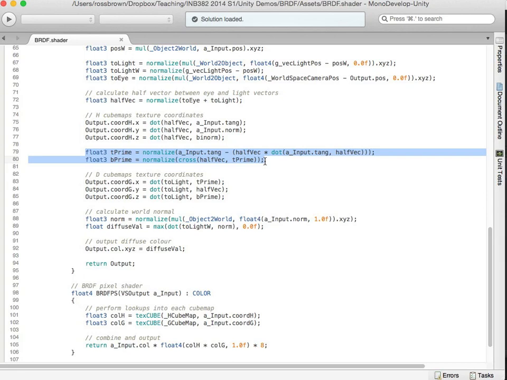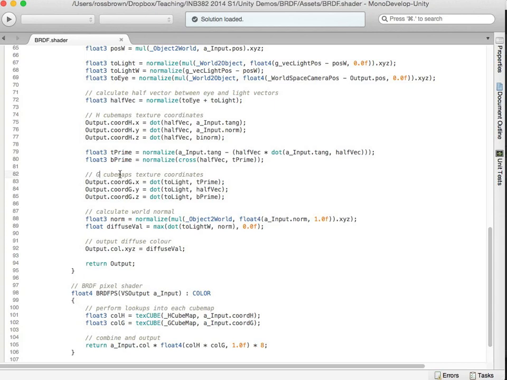So remember, there's a Gram-Schmidt process used to create a linearly separable set of environment maps. A complex concept, you don't have to know it in detail, but you need to just be aware that these two maps have been deformed in order to make them linearly separable. And so once these coordinates have been modified by a Gram-Schmidt process, that T prime and B prime are then passed to this set of dot products in order to generate the